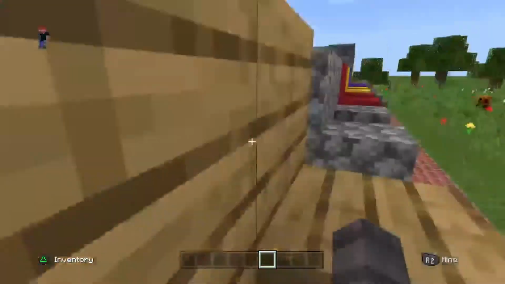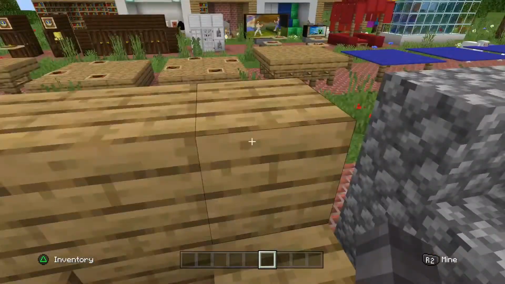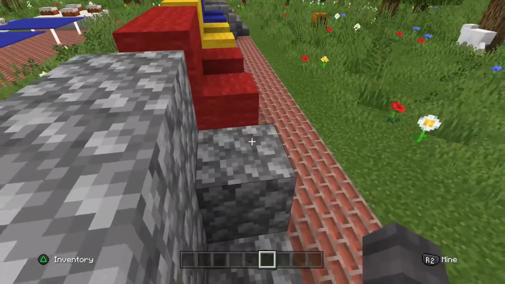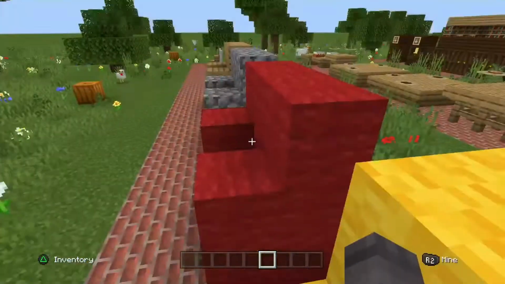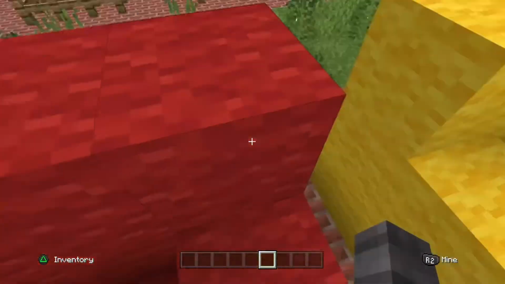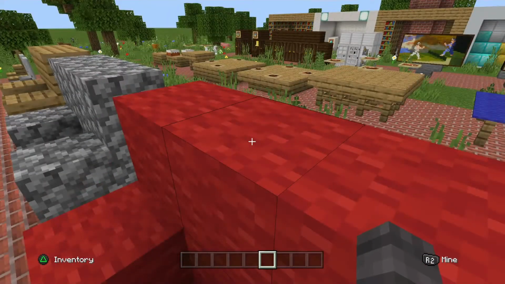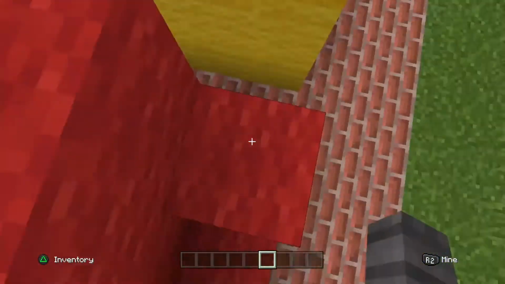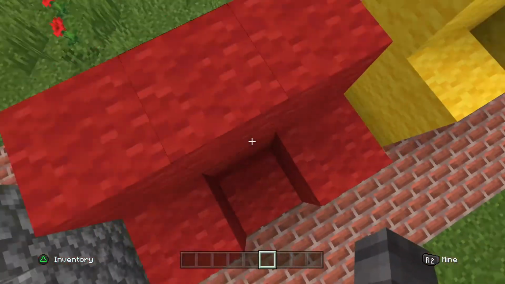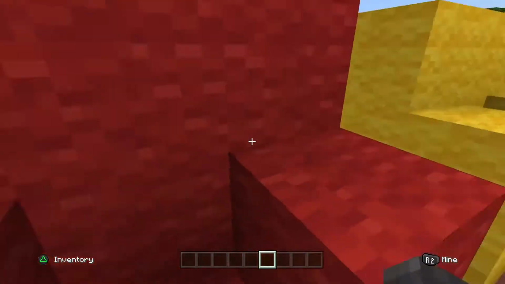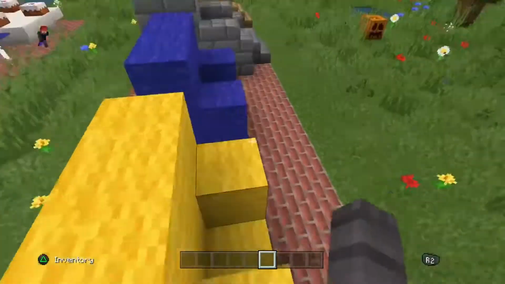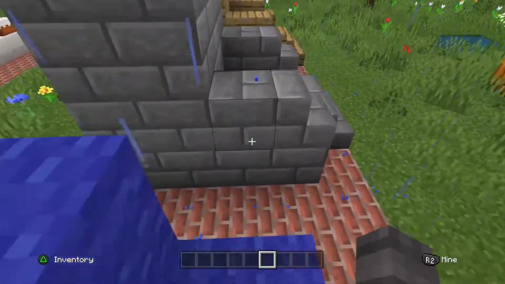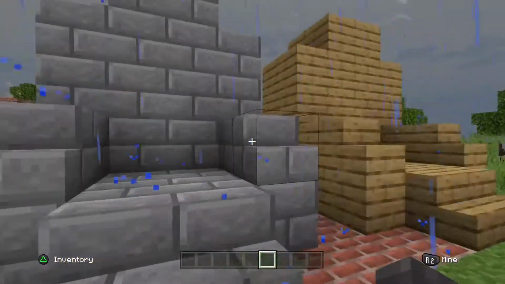Now you can do a big chair like this, wooden, with cobblestone. You can do it with wool, with anything you want. With wood it looks better, but with wool, yeah, it's more comfy, I guess. But it still does not look that cool. It really doesn't. So I just did a bunch of colors,